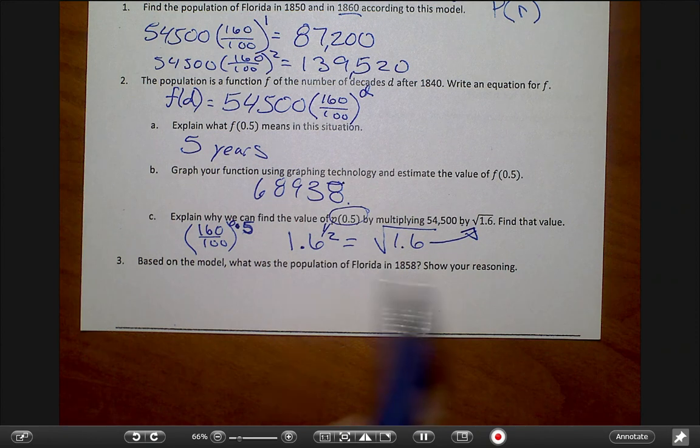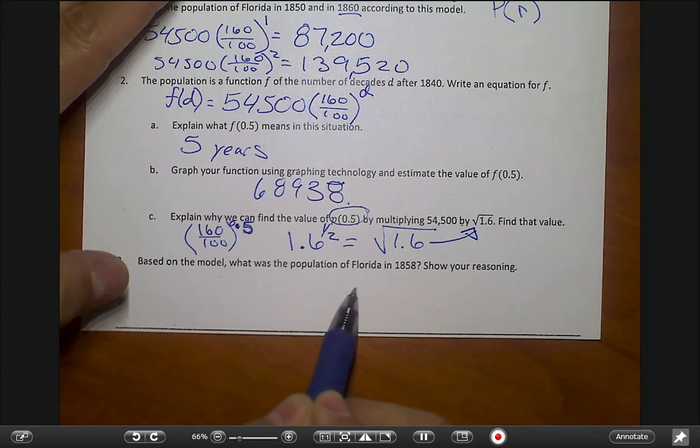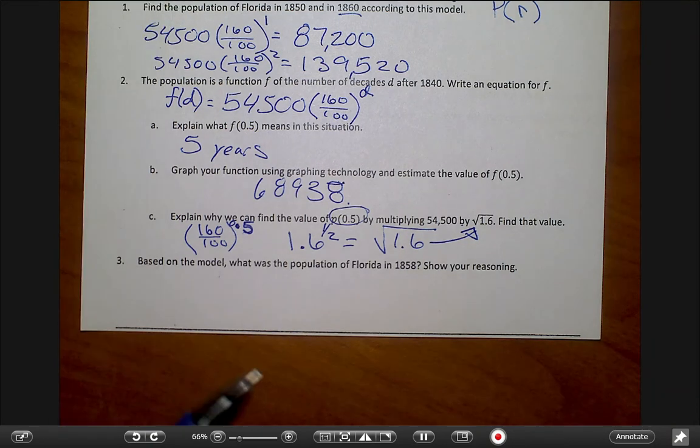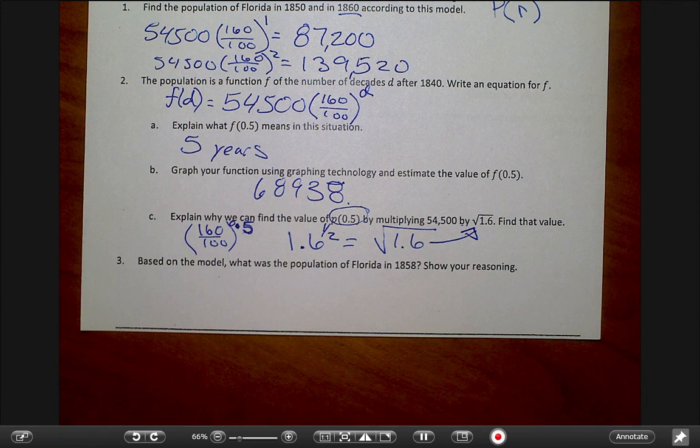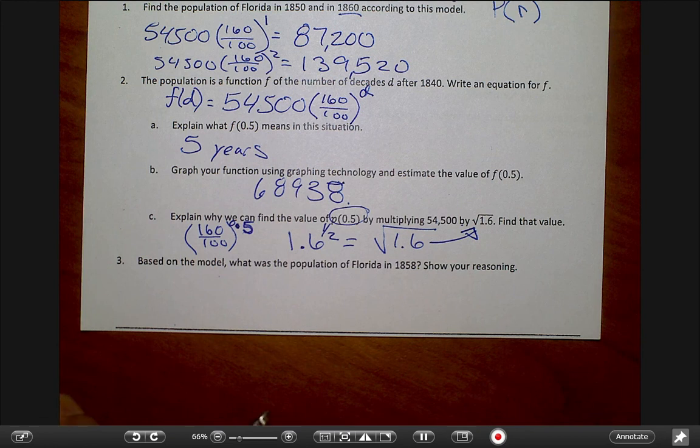All right, so based on this model, what's the population of Florida in 1858? Now, right now, I'm going to call on someone randomly. I would like for you to try and find out what it's going to be in 1858. So in 1858, what do you think the first thing you have to figure out is? Just the years, you said, right? Yeah. So is it 8 years or